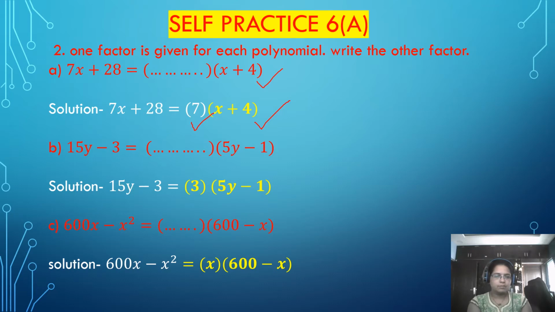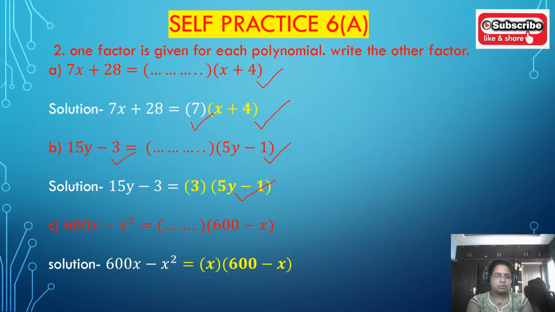B. 15y minus 3 equal to dash multiplied with 5y minus 1. 15y is 3 multiplied with 5y, and 3 is 3 multiplied with 1. So here 3 is the common factor. So 3 multiplied with 5y is 15y, and 3 multiplied with minus 1 is minus 3. So 3 multiplied with 5y minus 1